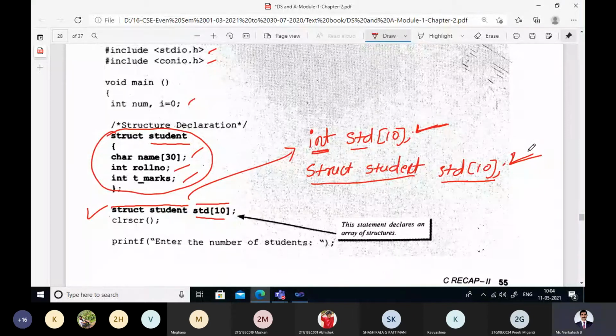Now, I'll take the memory diagram for better understanding of this, because without the diagrams, imagination will be very difficult.